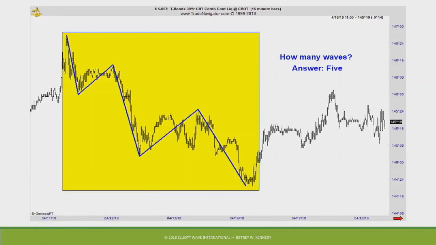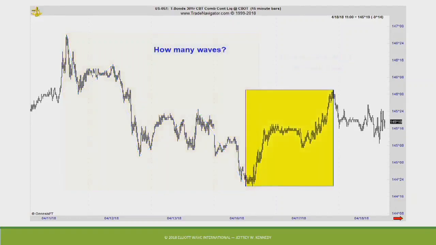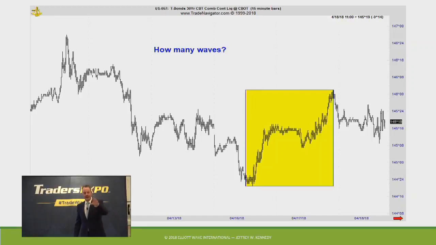There you go. You're Elliotticians. What do we got? 3. Awesome. Okay, perfect. What's a 3-wave move? Is it a motive wave or a corrective wave? Okay, as a corrective wave, it's going to be counter trend, right? So that means this is going down. Does everybody agree? Everybody agrees. 5 down, 3 up. Yes?